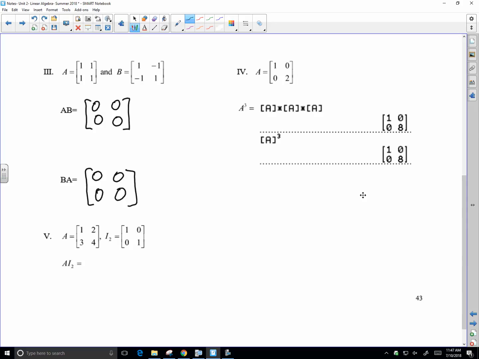The calculator understands the operation power 3, but it's very misleading because these are zeros, so it doesn't really tell the true picture. It might seem like you could just cube the entries or raise it to whatever power you want, but that's not necessarily the case. Okay? But along the diagonal,